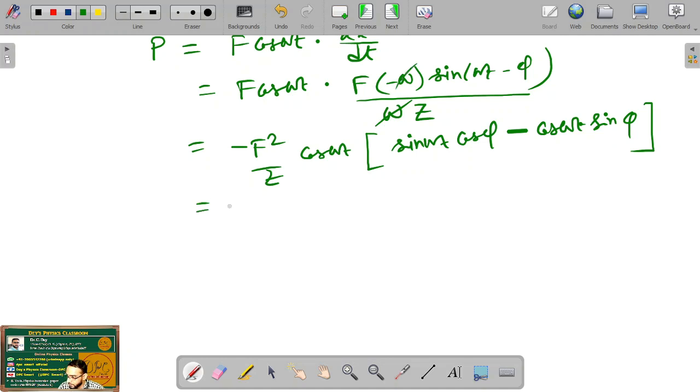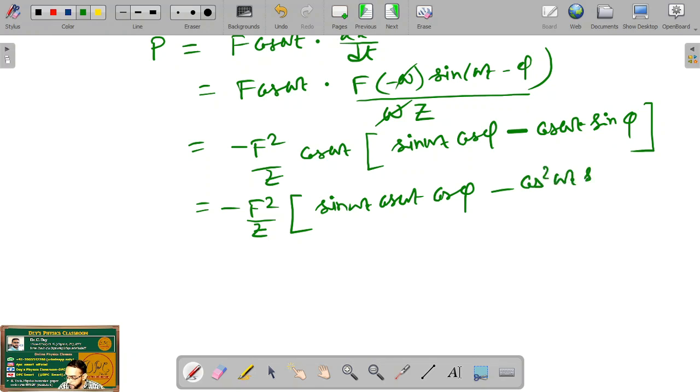So finally it would be minus F²/Z into, in bracket, sin ωt cos ωt cos φ minus cos² ωt sin φ,